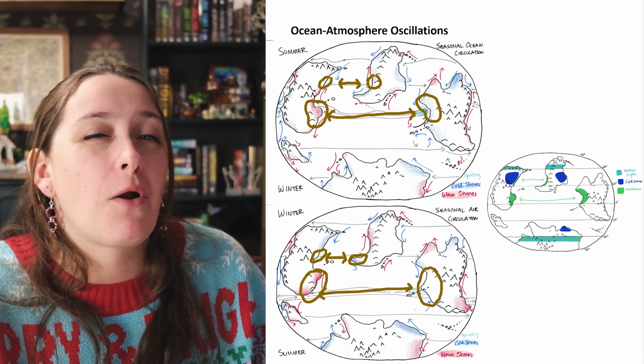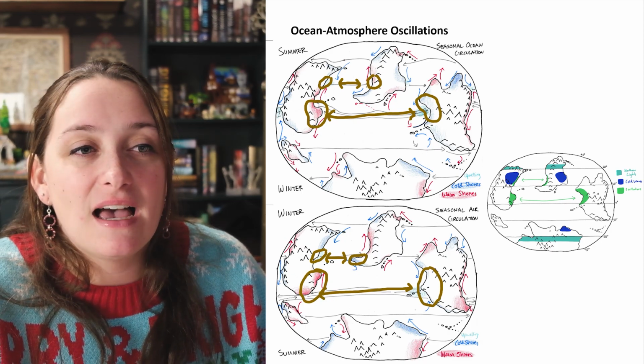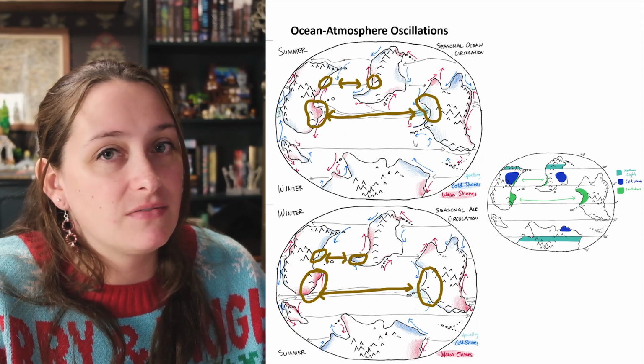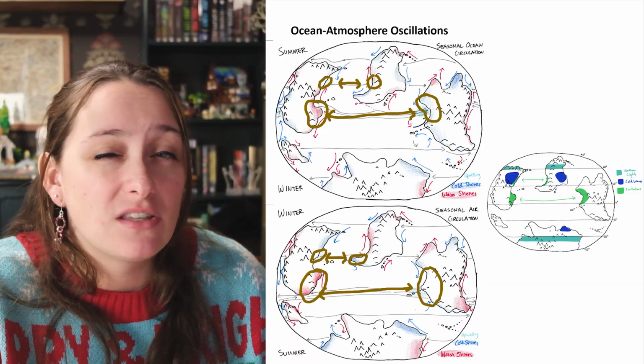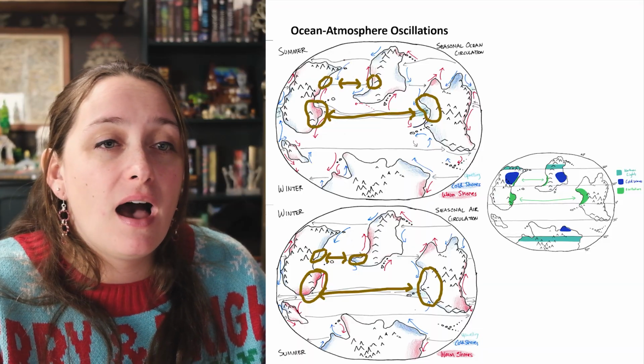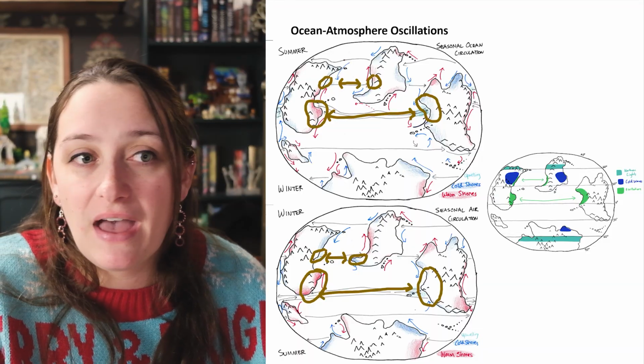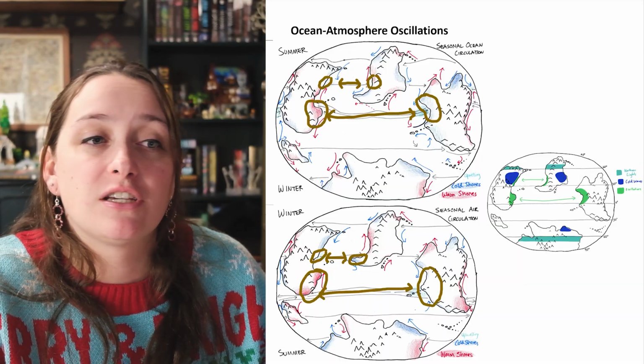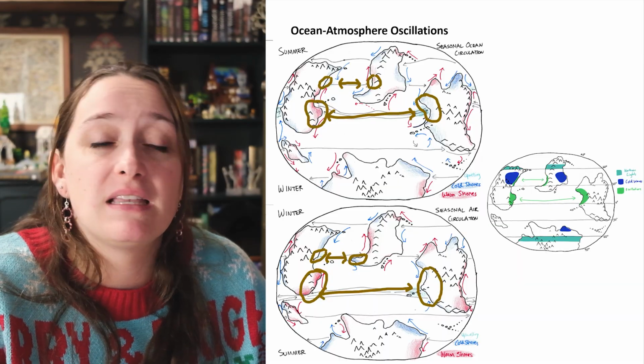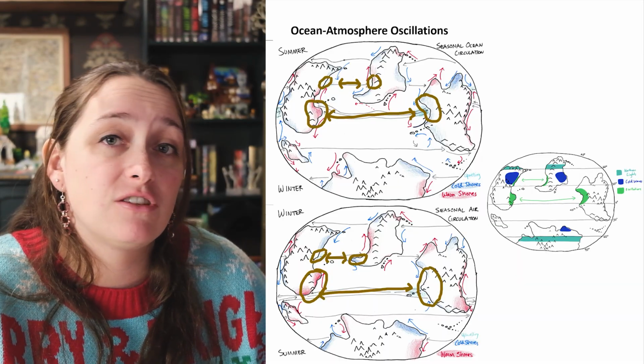But what do these mean for our world building? It is unlikely that non-modern civilizations will be aware of this seesaw part of these storms, likely only noticing the more local effects. So some years they might have particularly bad storms, some years might see drought, some years the fish populations might be affected.